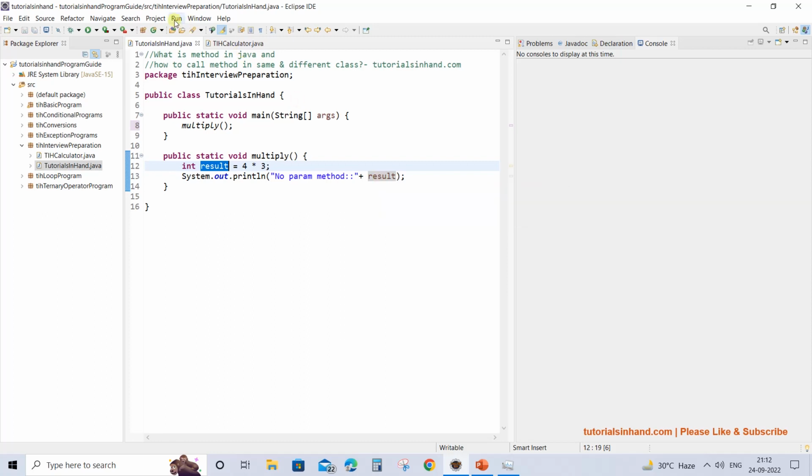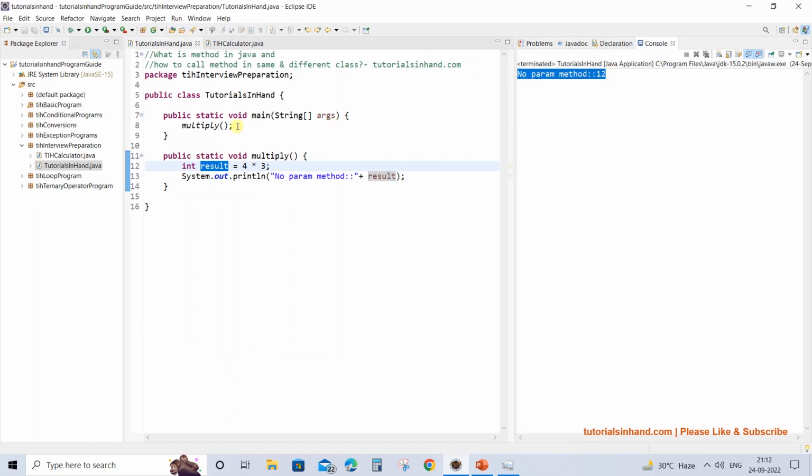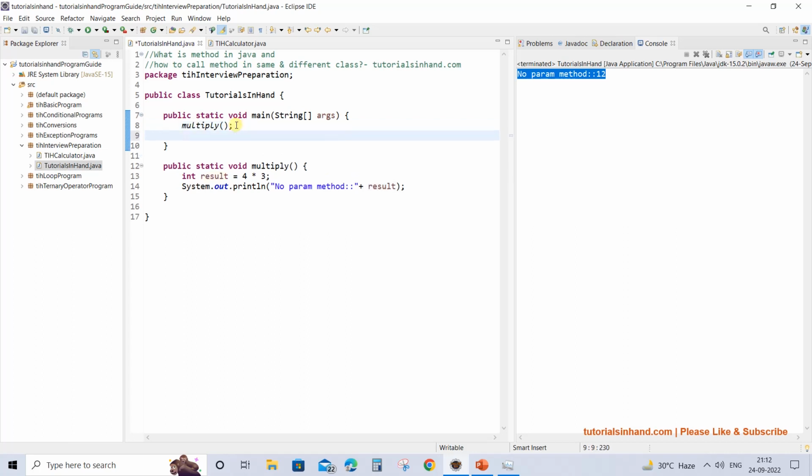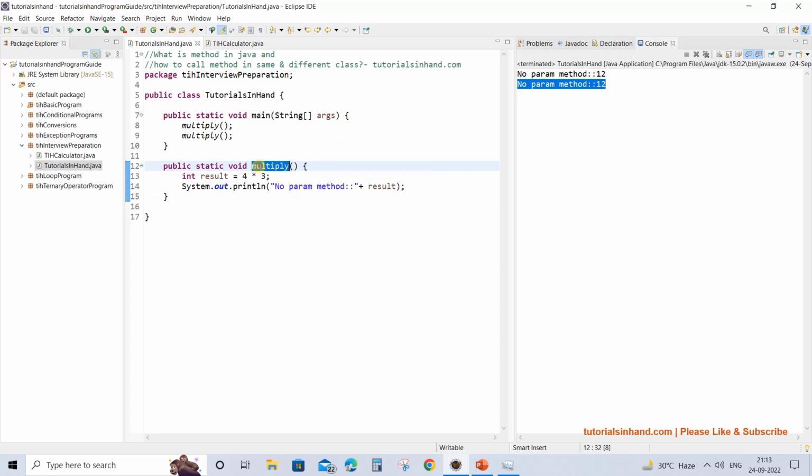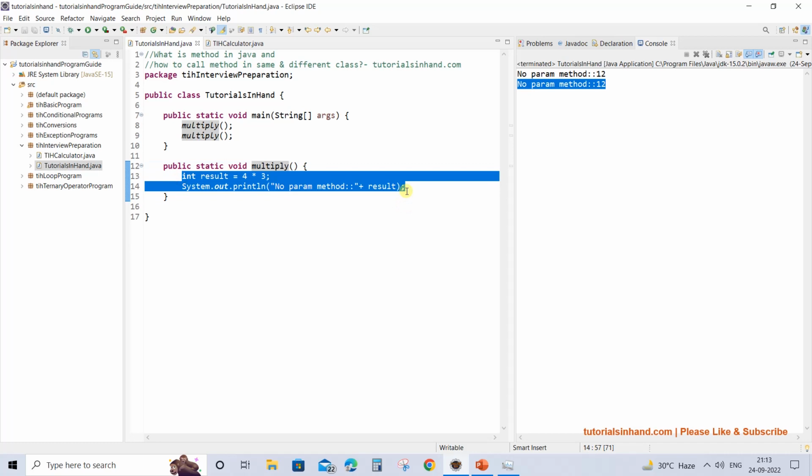So if we execute this, we will see that 12 will be printed on the screen. And now, you can call this multiply any number of times and it will perform its task again and again. Like here we are calling it 2 times, so once the first call is completed, 12 will be printed, then it will move to the next line and it will again call this particular method and perform the same set of tasks and print 12. Now you should see that it is a method which does not return any value, rather it is performing the task in this particular method itself.